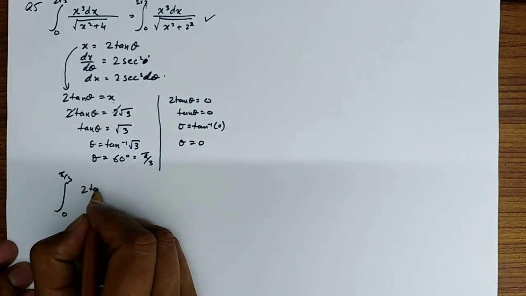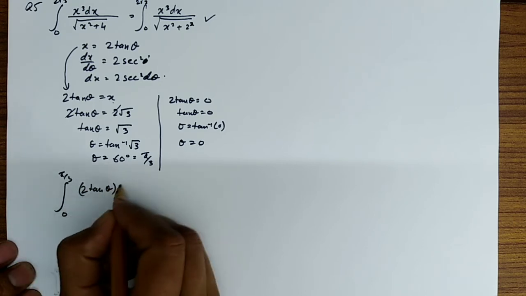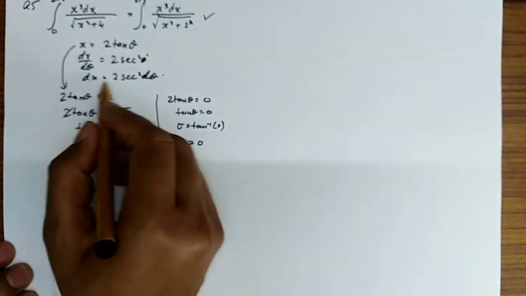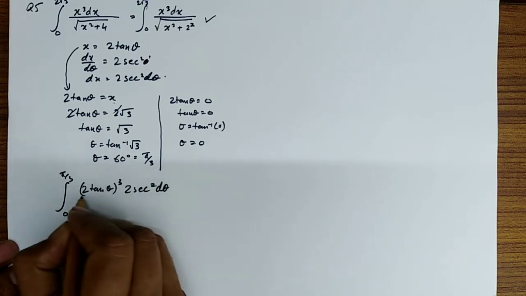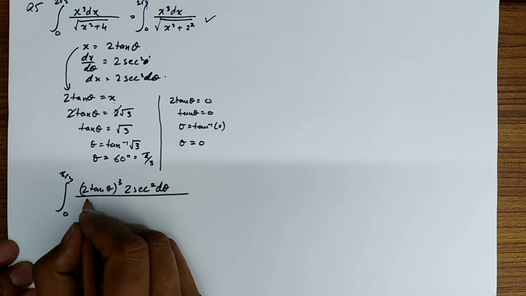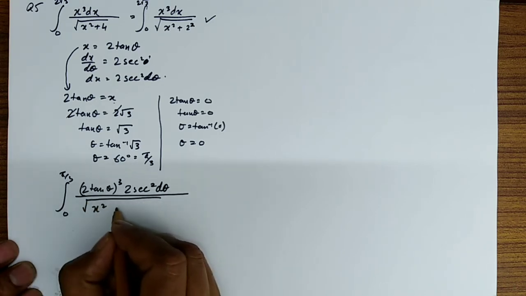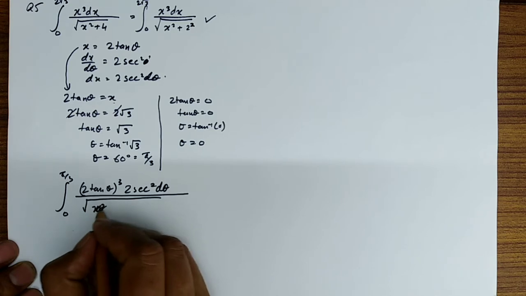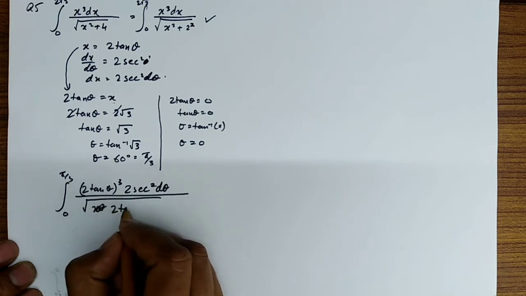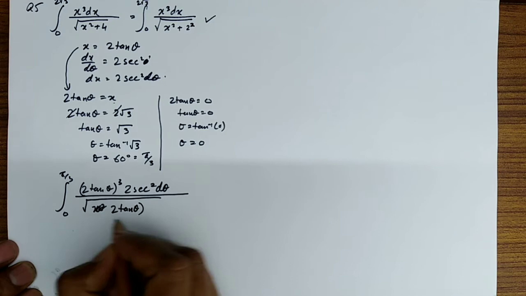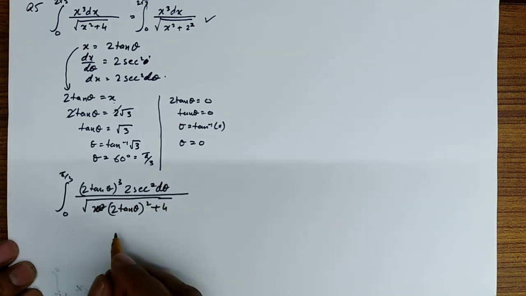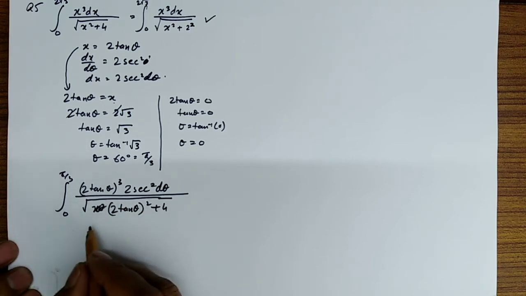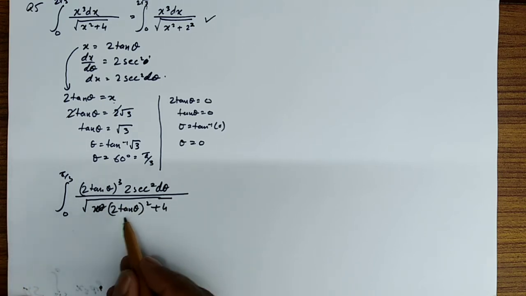That is (2 tan theta) whole cube, and what's dx? We have 2 sec square theta d theta, whole divided by x square. Sorry, in place of x we have to put (2 tan theta) whole square plus 4. Okay, now to simplify this, we can write the denominator in another form,